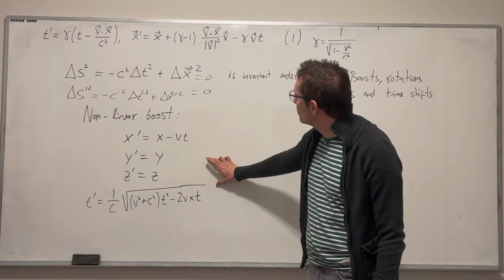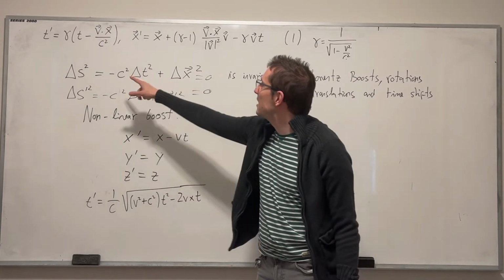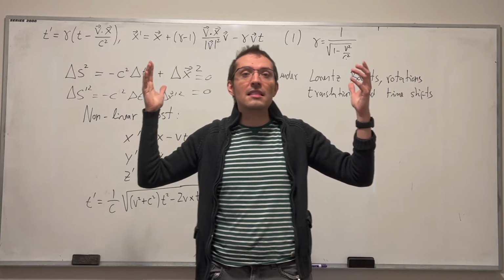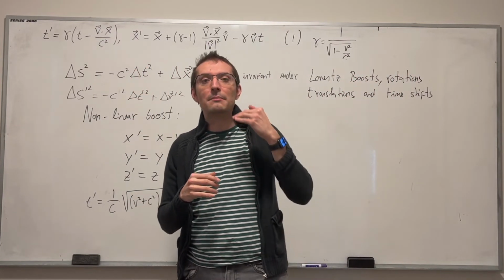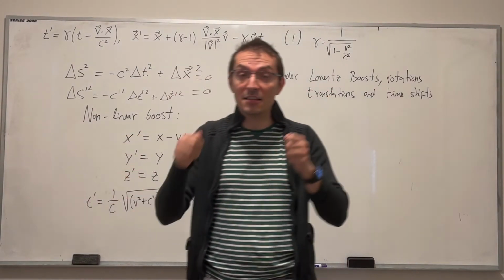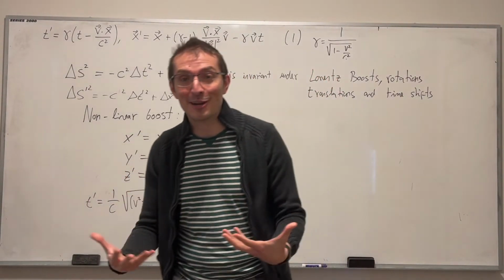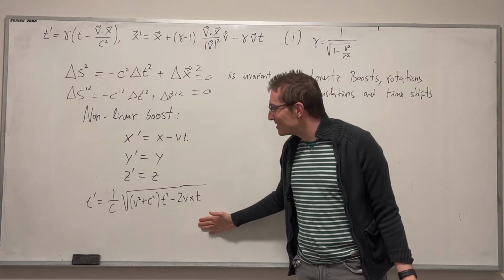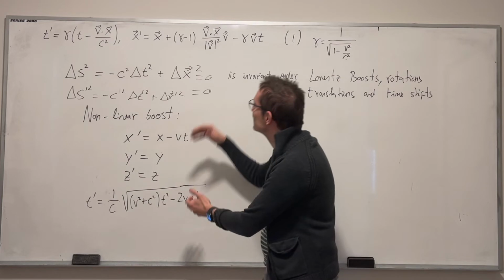Now there's a difference though. This transformation doesn't leave the line element invariant like the Lorentz transformations do. But okay, that's not something that I demanded at the level of postulates. Remember that my postulates are only related to observations on the propagation of light, that the speed of light is the same for inertial observers. So why? I mean, this thing would satisfy the postulates. Why are we not using this instead of that?